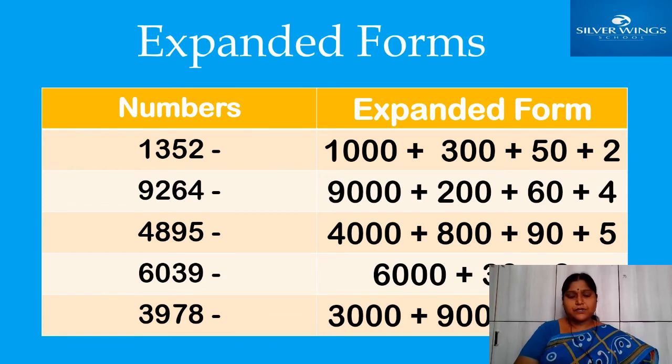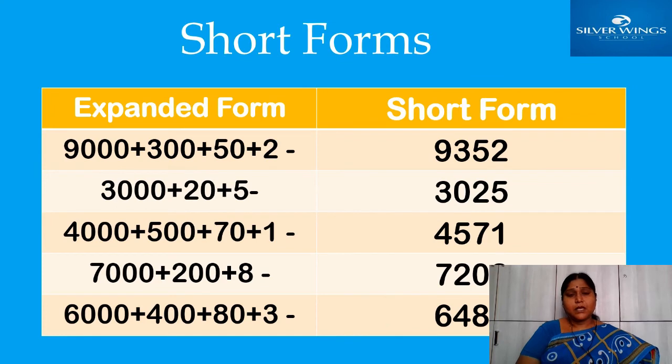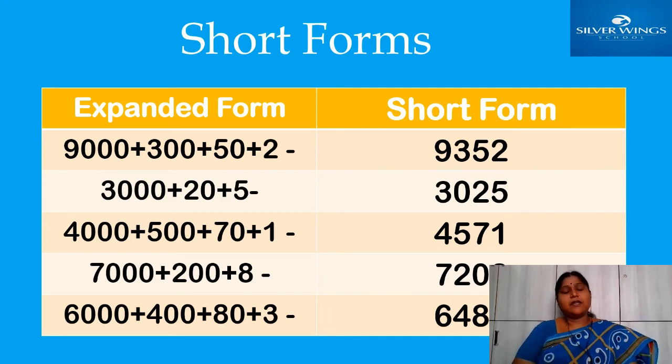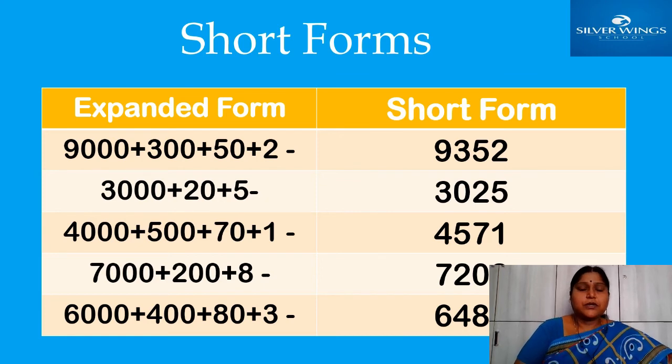Okay, now come to short forms. Short forms means the reverse order of expanded form: from short form to expanded form, we don't know that reverse order. Here I only gave you the expanded form. You should write here. You should see carefully the place values, whether all place values are there or not. If suppose any place is missing, in that place you should keep 0. It must be done. Okay.